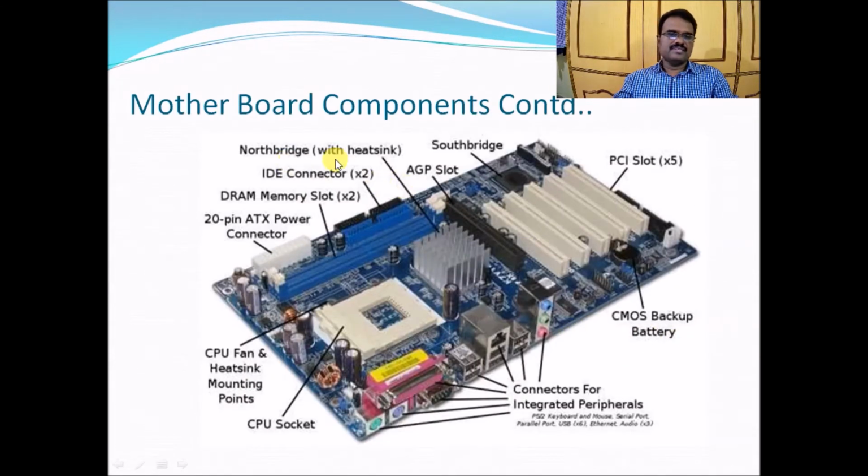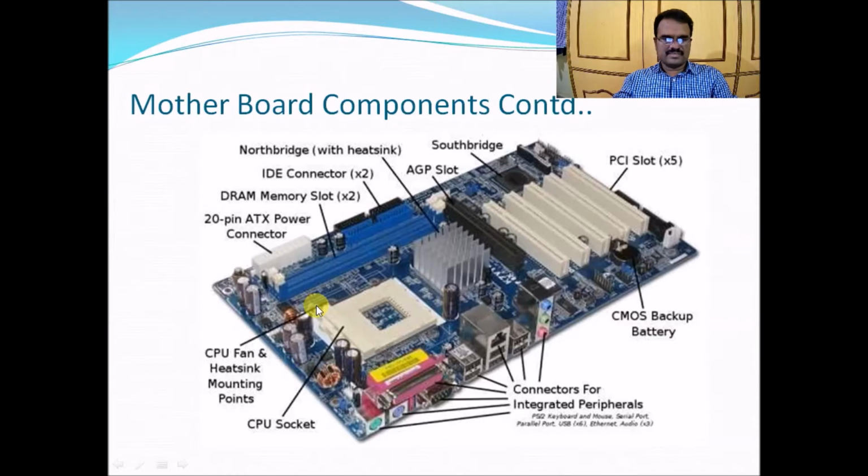So here also you can see components. These are PCI slots. There are 5 PCI slots, and this is the South bridge, and this one is called the AGP slot, Accelerated Graphics Port, and this one is the North bridge, it has a heatsink. There are 2 IDE connectors, and there are 2 memory slots here in this case, and a 20 pin ATX connector, this one, and CPU fan and